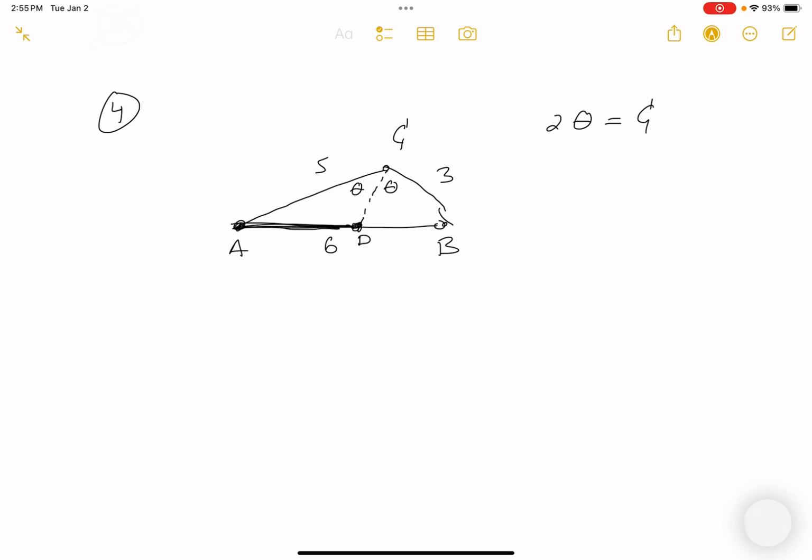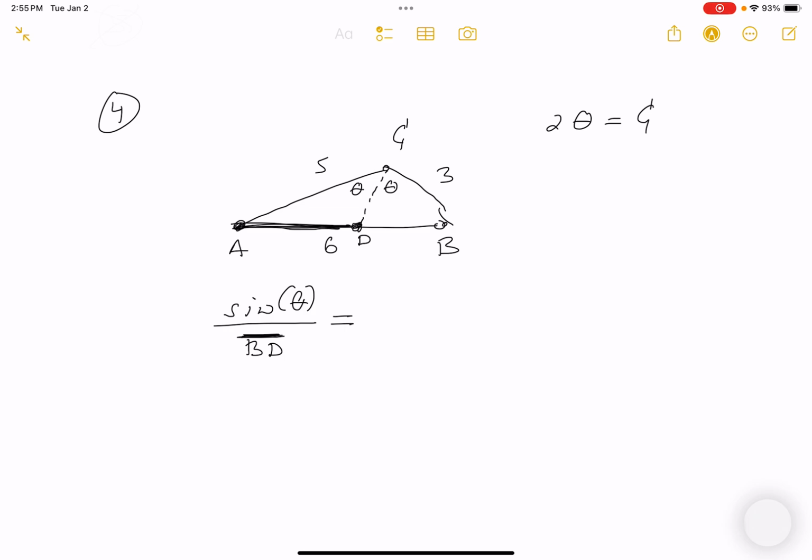I'm going to say the sine of theta, using the law of sines, over BD is equal to,